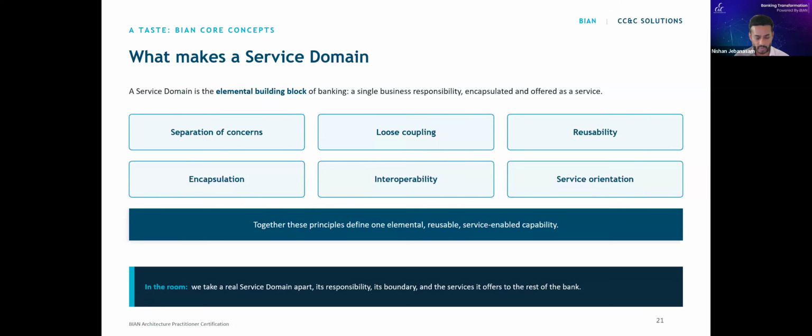These are very sound principles that predated BIAN. They predated most modern tech. They're just very sound principles on which to build an agile, flexible, composable model. And so we talk about how these principles have been applied in the way service domains are designed. The reason it's important to understand this is, as you start to tailor BIAN and as you start to extend it and to some extent customize it, understanding these principles is a great way to